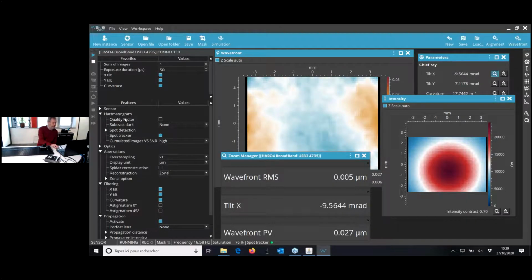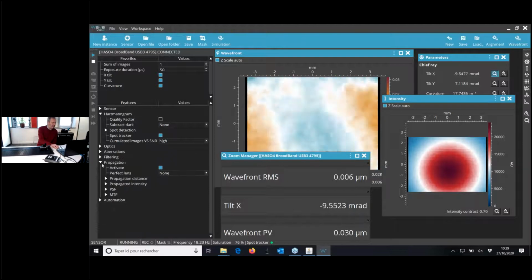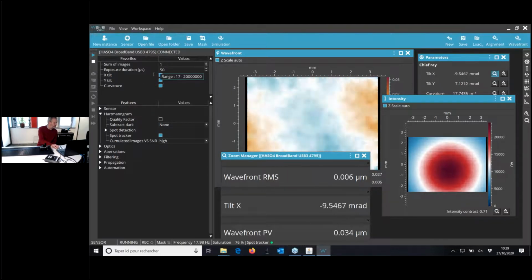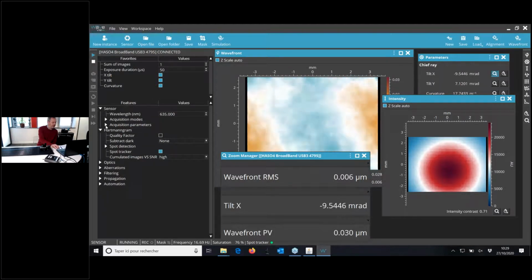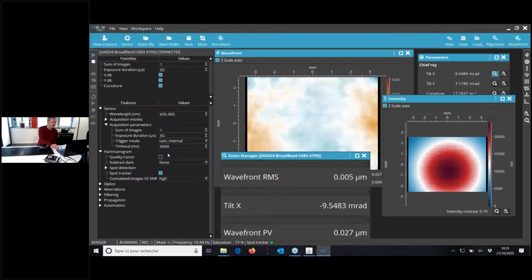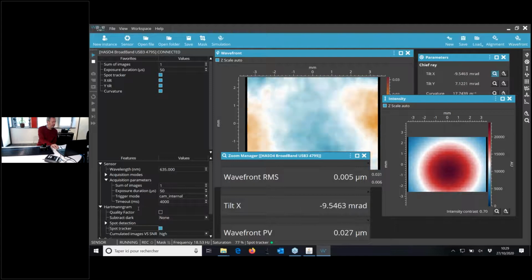A small focus on the software here on the left part. You have a lot of parameters. If you are confused about these parameters, we created this favorites parameter zone. So you can very easily say, okay, I'm very interested by this parameter here on SpotTracker, you can add this to the favorites, and it appears here. That means that you have at the bottom of this part